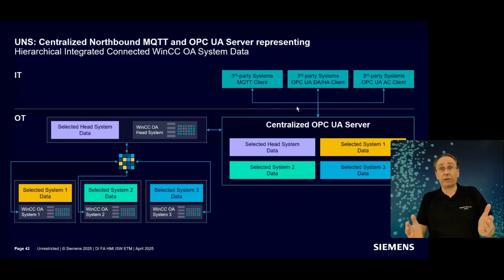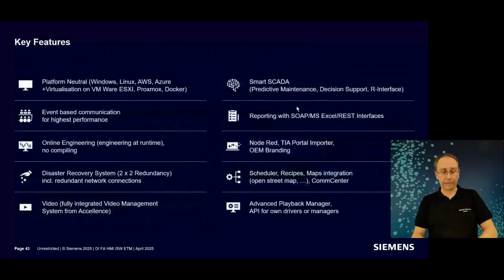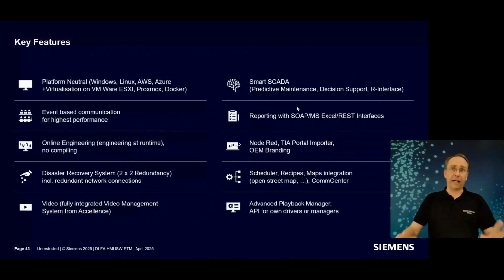And that, of course, brings us to this UNS, the unified namespace, which we provide with the head system to the outside world, where we then exchange the data with whatever you want to connect to this UNS. And well, yeah, those have been the architectures. Now, to quickly summarize the key features or benefits of WinCC Open Architecture: platform neutrality, Windows, Linux,